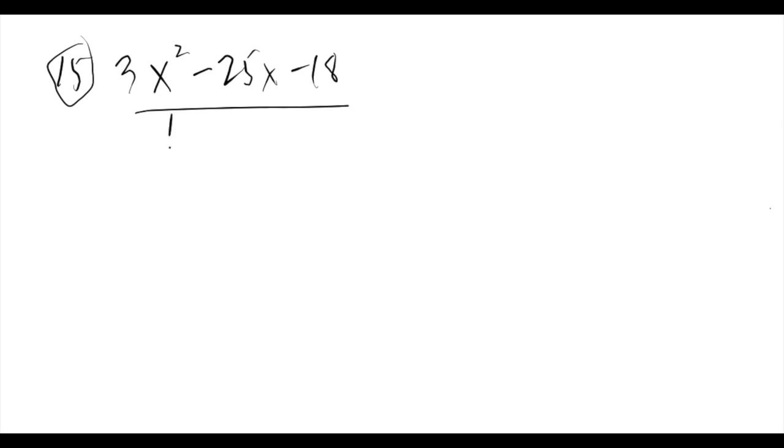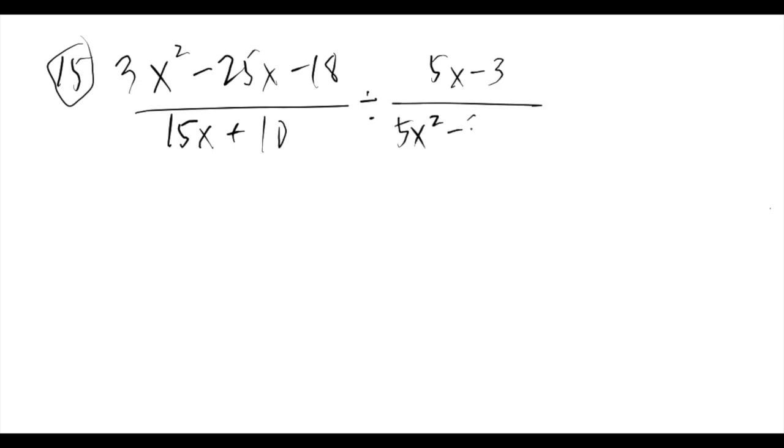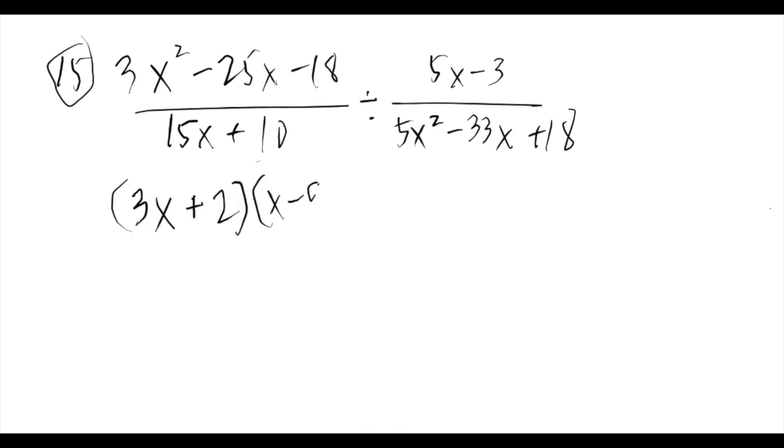Number 15. 3x squared minus 25x minus 18 all over 15x plus 10. Divided by 5x minus 3 over 5x squared minus 33x plus 18. Okay, anong factors itong nasa taas? That's going to be 3x plus 2 times x minus 9 over, divisible by 5 pareho, we have 5 times